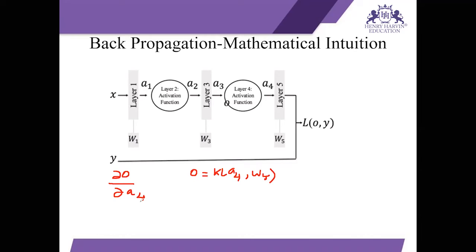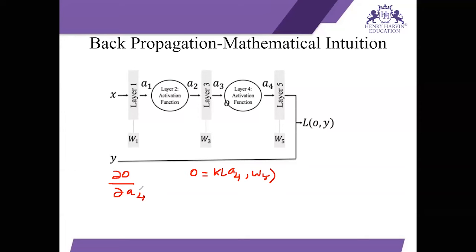So the input is a vector, and we have the differentiable function. Note that we are differentiating the output with respect to A4. We treat W5 as constant. So when we do partial differentiation, we have to consider the quantity of interest to be changing and everything else constant. So we calculate ∂O/∂A4, and it is a Jacobian because